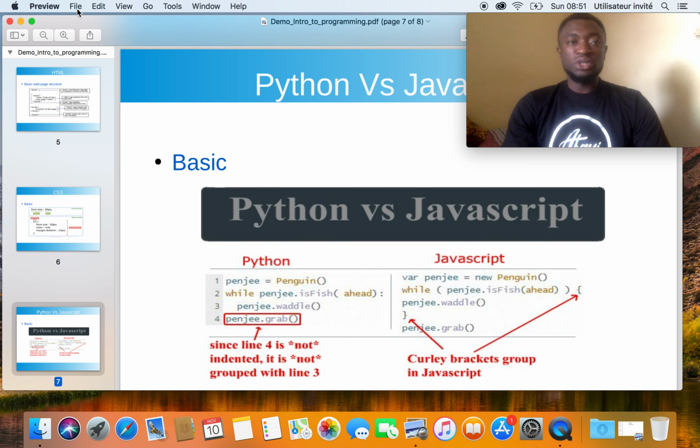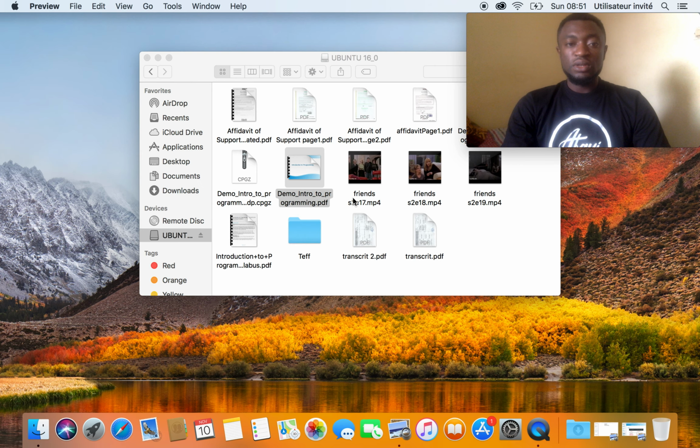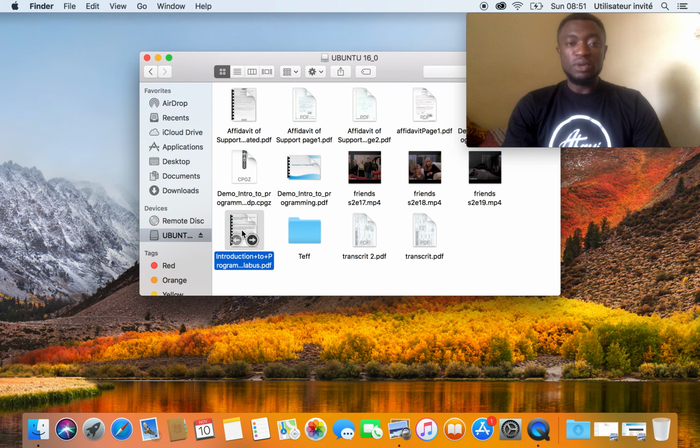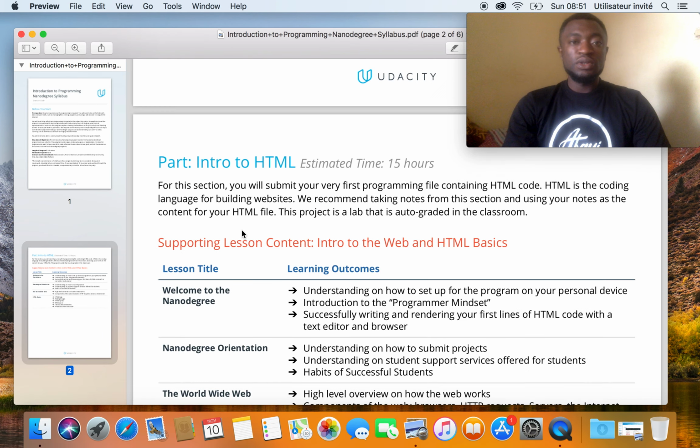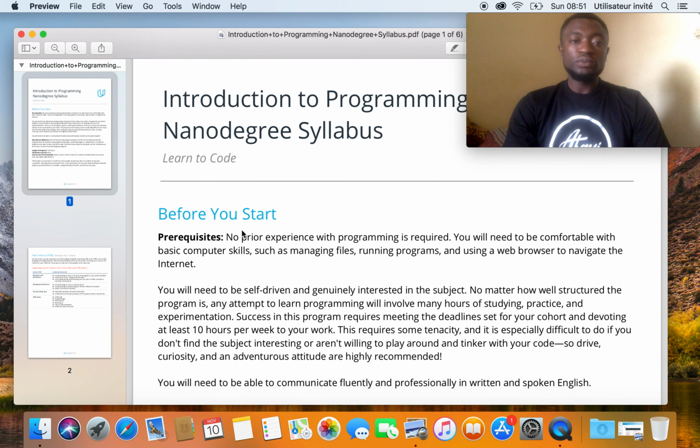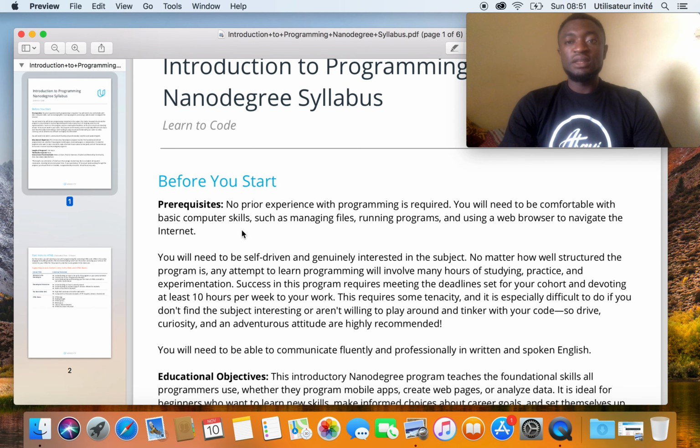So without much waste of time, let's look at what you will be learning throughout this program, the syllabus. For this program, you don't need any coding experience to subscribe to learn this program. No experience is required for this program. If you can manipulate a computer, if you can use web pages, if you can use a browser and with an active internet connection, you are good to go.